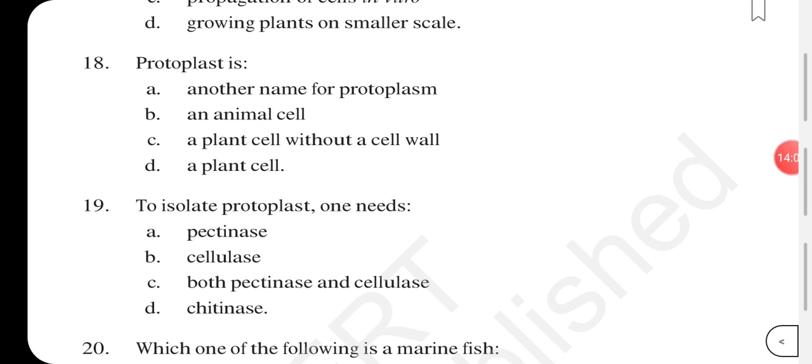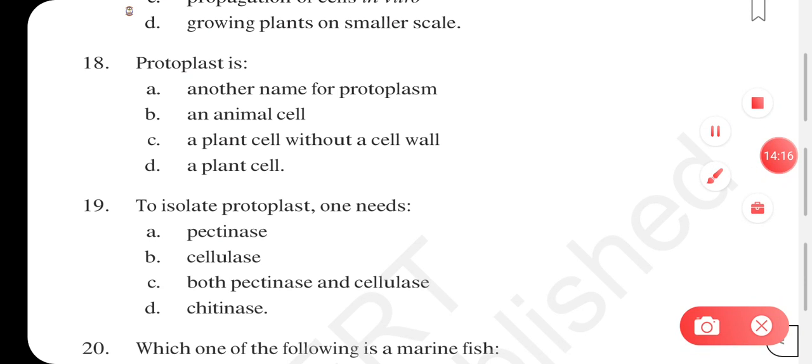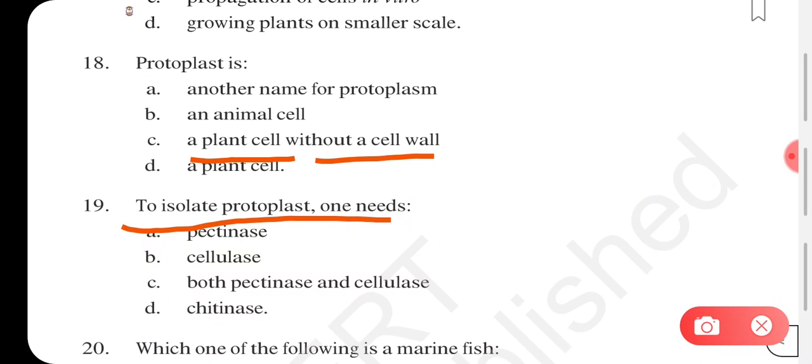Protoplast is another name for protoplasm, or is it an animal cell, or is it a plant cell without a cell wall, or a plant cell? Here the answer will be, protoplast is a plant cell without a cell wall, okay. To isolate protoplast, one needs pectinase, cellulase, both pectinase and cellulase, or chitinase. So here the answer will be both pectinase and cellulase will be required to